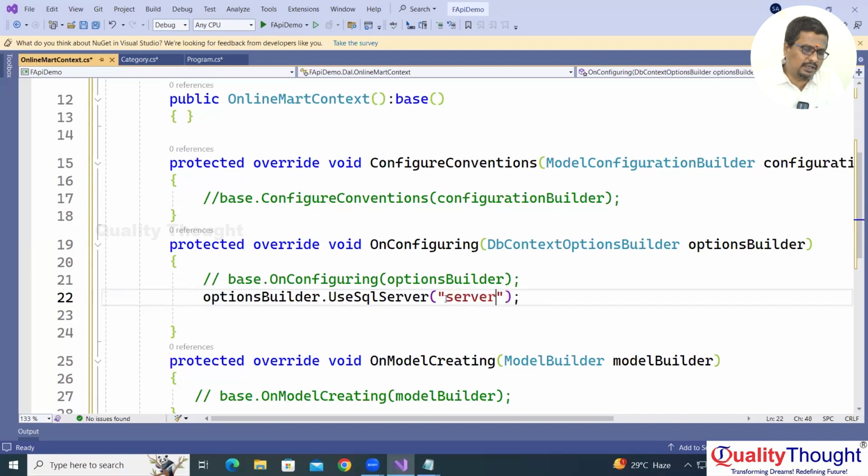The connection string is of two types: SQL authentication based connection string and Windows authentication based connection string. In the SQL based connection string, we need to provide user ID and password. In the Windows authentication based connection string, you need not provide the user ID and password. So UseSqlServer equal to